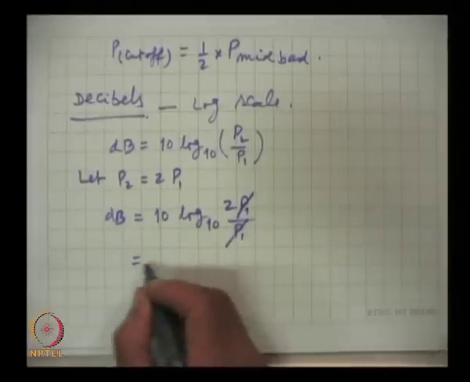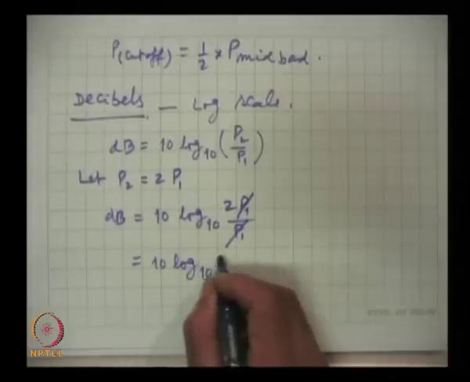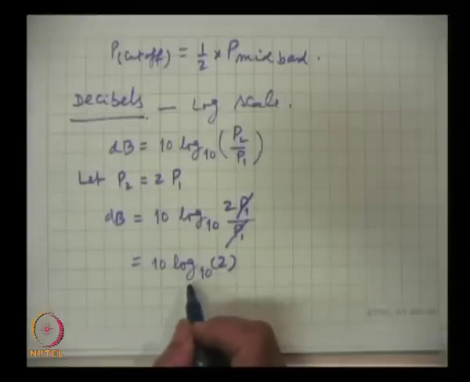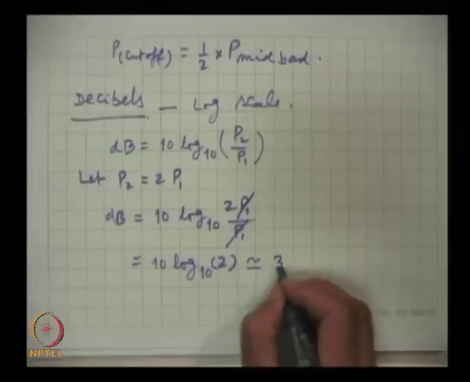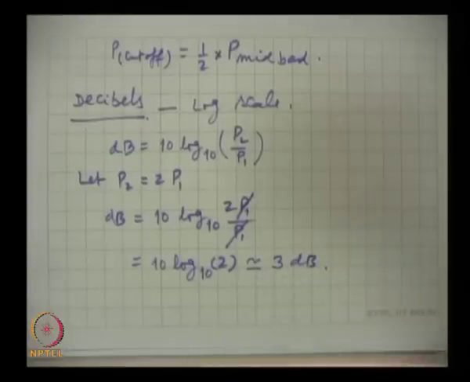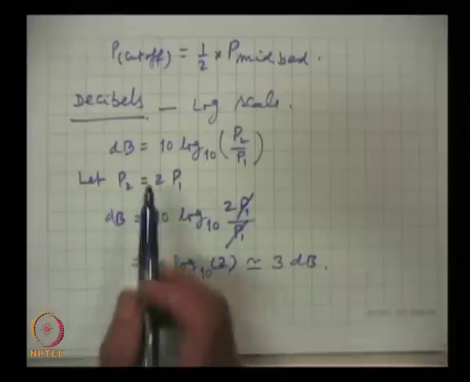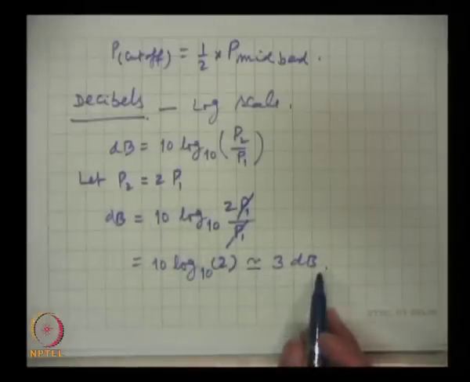So, we are left with 10 log 10 of 2, and this comes out to be, you look for the log base 10 of 2 and multiply by 10, it is very close to 3 dB. So, instead of saying that output power is double the input power, we can say that the power level rises by 3 dB,